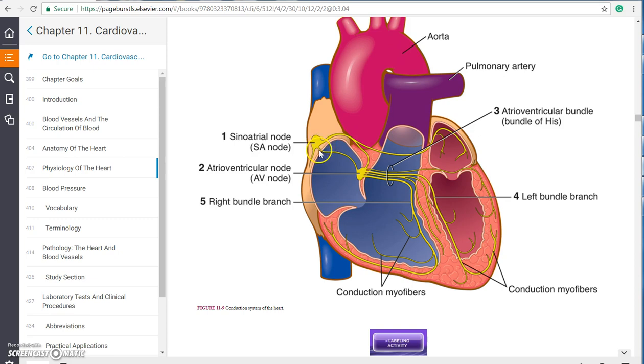As you can see, there's extensions or nerve fibers that extend from the sinoatrial node into all the different areas of the heart. So the sinoatrial node sends a message that then gets received by the atrioventricular node, or the AV node, and that node transmits the rest of the electrical message to the rest of the heart. Without this electrical transmission, the heart would not be able to conduct those two phases, systolic and diastolic activity, and